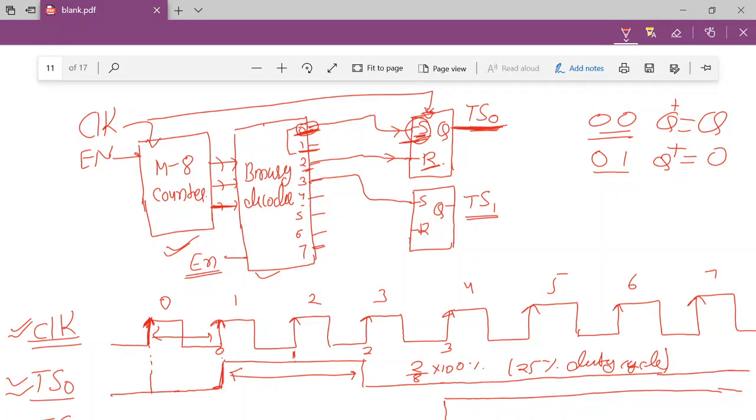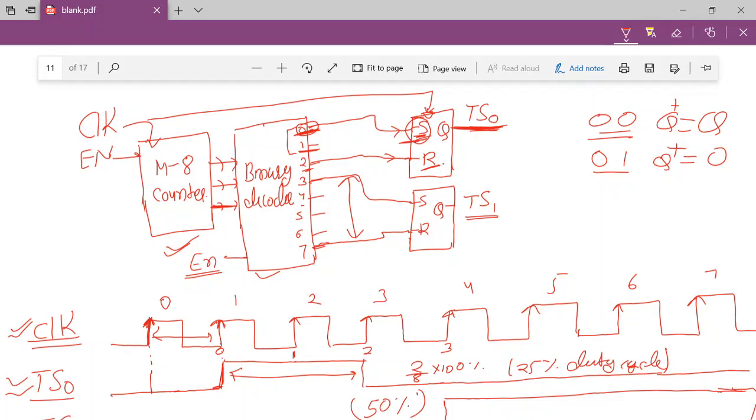Fine. Now we want to produce a signal for 4 clock cycles. So we want to keep this TS1 high for all the remaining clock cycles, right? One thing you can update here is that only 4 clock cycles are remaining, so if you apply this 7th one here, after 3, that is 4, 5, 6 and 7, in the 8th clock cycle it will go low. So you can apply this 7th output to your R input. So there is a difference between S and R of 4 clocks, and that's how you can produce a signal of 50% duty cycle. 50% duty cycle, that's what I want to write here, right?